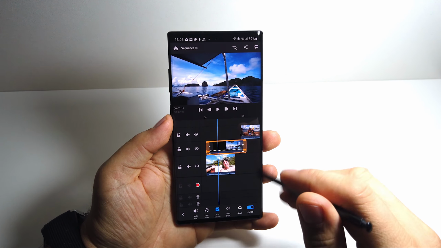No, this one. Okay, with the boat. Let's move it here, let's scale it like this, scale it,